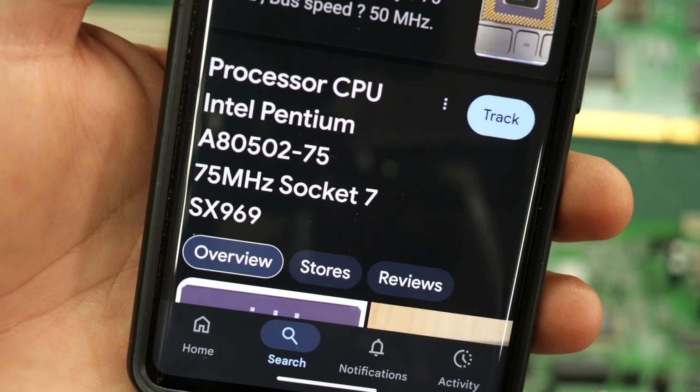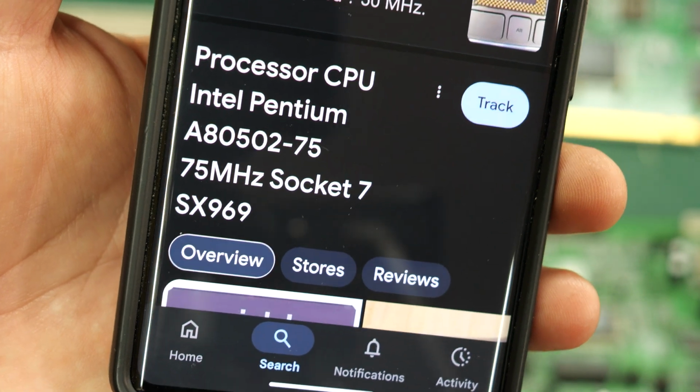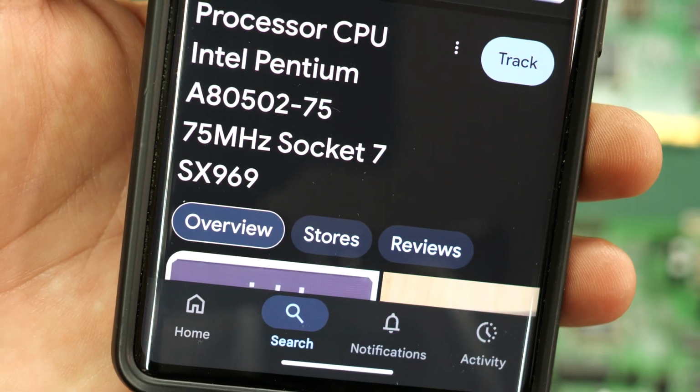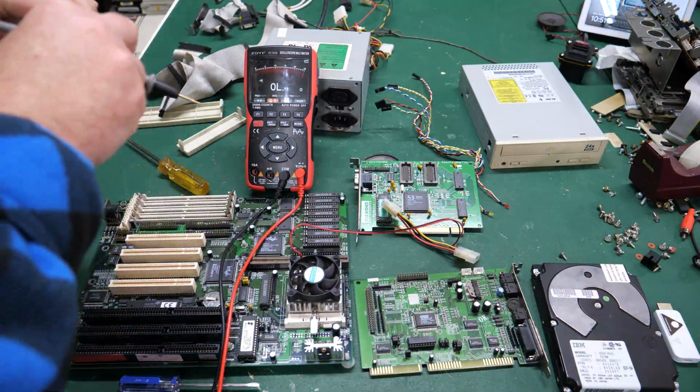I could be wrong, but nothing to write home about. It's not a Pentium 166 or anything, or a Pentium 200 with MMX technology. It's just a Pentium 75, but we'll see if we can get it working. Who knows? All right, so first things first, we need to see if there's any shorts on the motherboard or